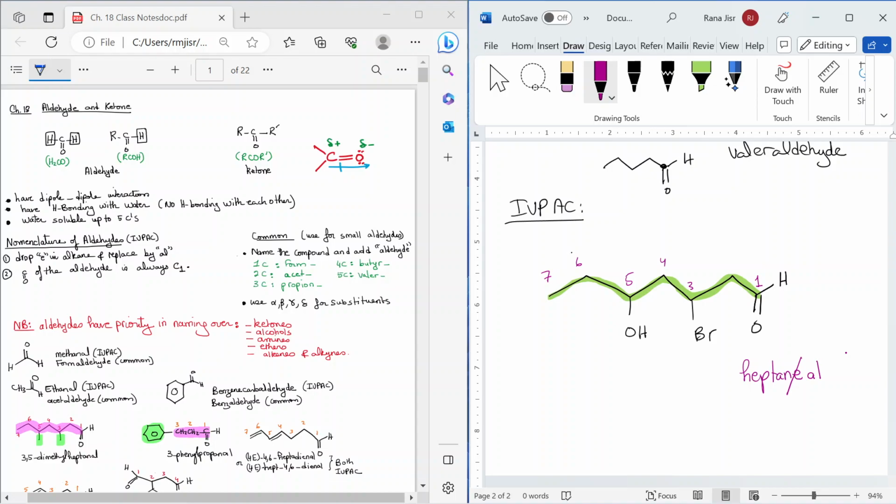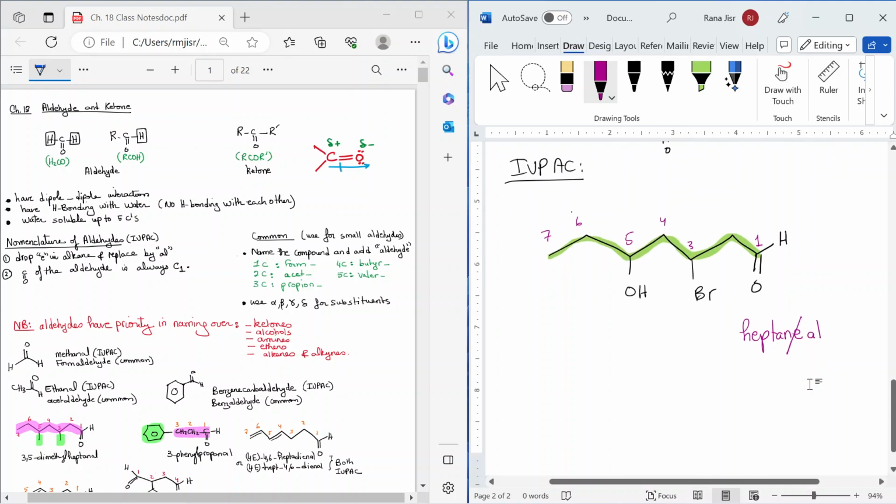The rule in the naming is that you cannot have two vowels next to each other. So if you have two vowels next to each other, always go ahead and drop the E. Ending of the aldehyde is an Al, and then name your substituents. So bromine here is on carbon number 3, and the OH gets the name hydroxy because now it is a substituent. Arrange them in alphabetical order, and the name is going to be 3-bromo,